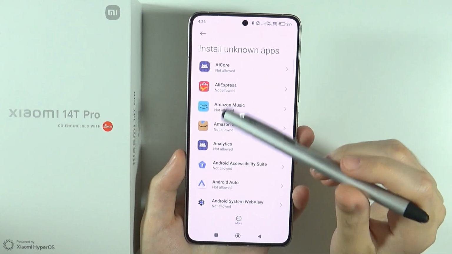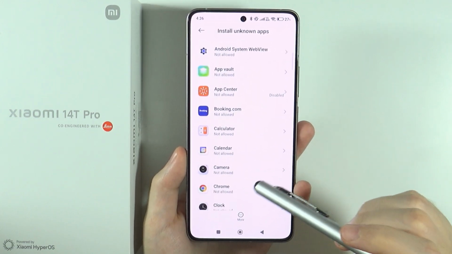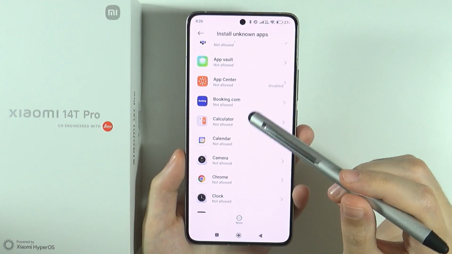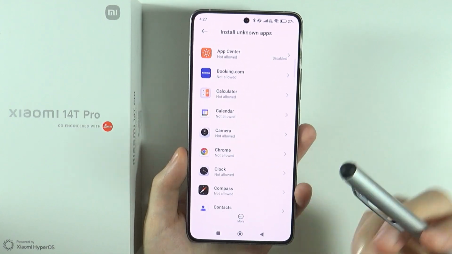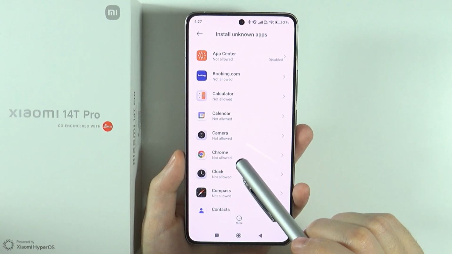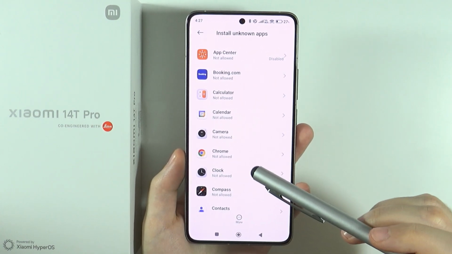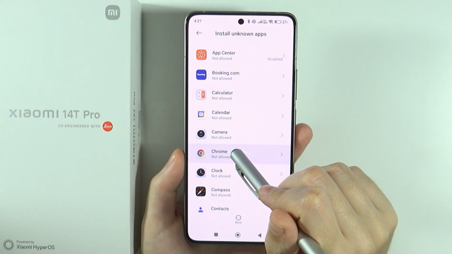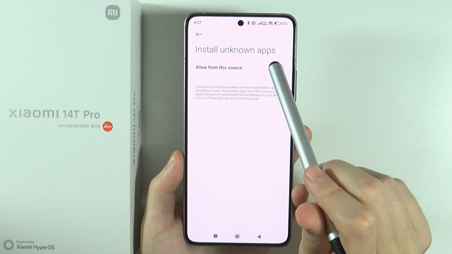And if you go over here, you will find all apps that you have installed on your device. So these will be the sources and or apps that we use in order to download and install. So let's say if you have been trying to download an app from Google Chrome and then you try to install it, but you get the message, then you want to choose Chrome, of course, and then you have allow